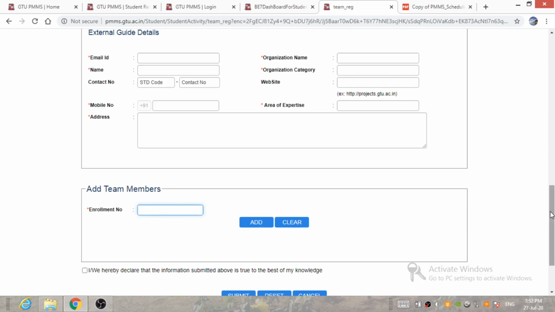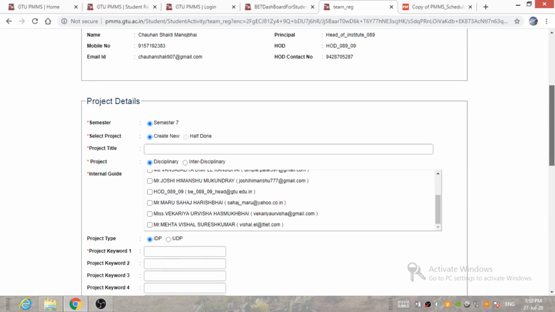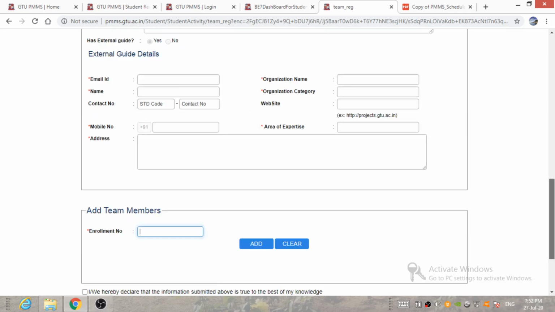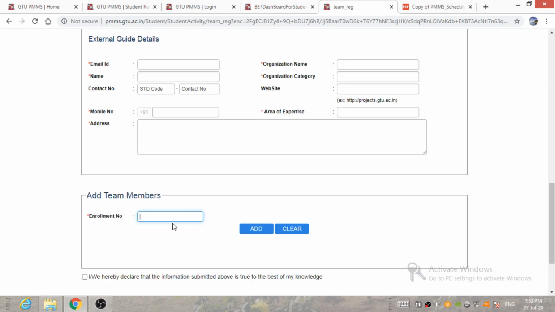If your project has four members, then the remaining three members you have to enter from here. The fourth member, you yourself, is known as the team leader. So the remaining three members will be added from this. Enter the enrollment number and click on add.